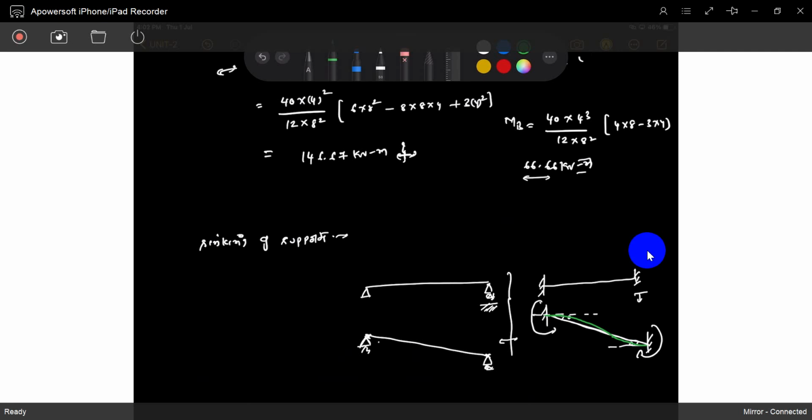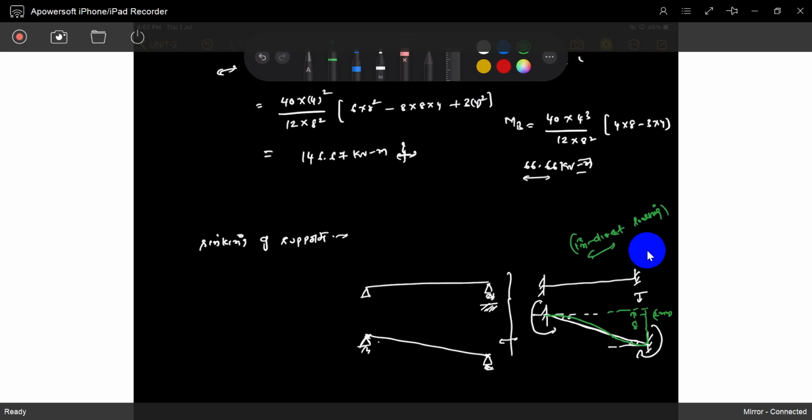To maintain zero slope, the supports generate moment without any external load, just by sinking of some, I think maybe 1 mm or 2 mm, anything. So this is a delta. Some sinking, automatically moments will generate. So these are the indirect loading. Those are the problems in fixed beams and fixed continuous beams.